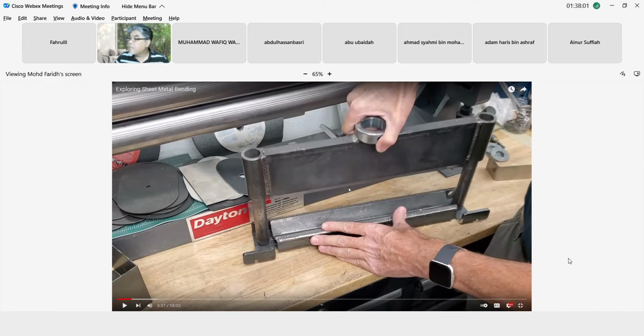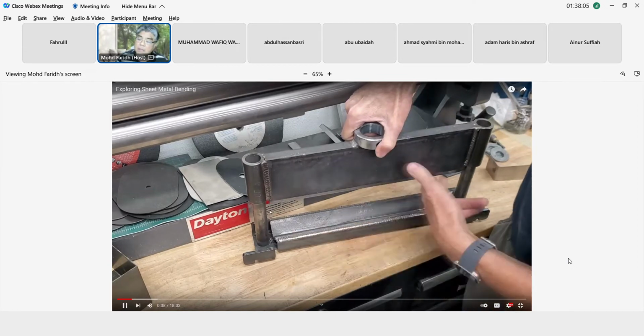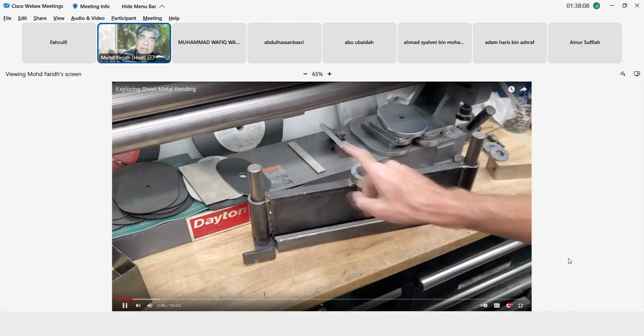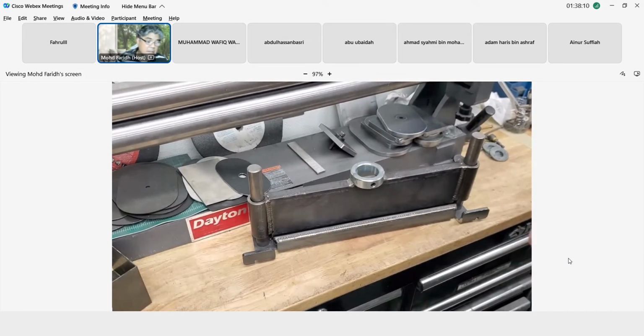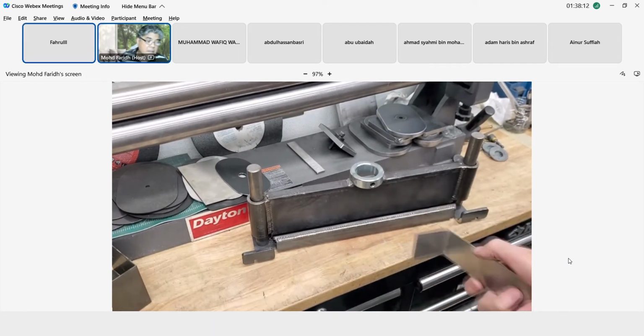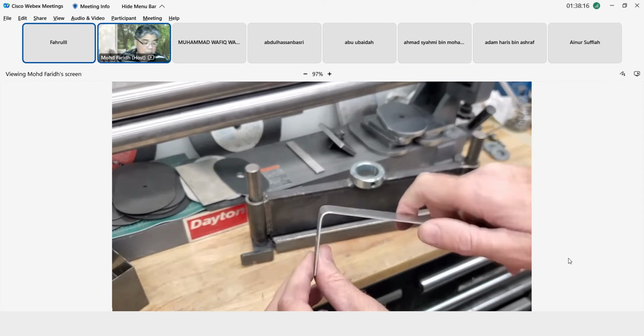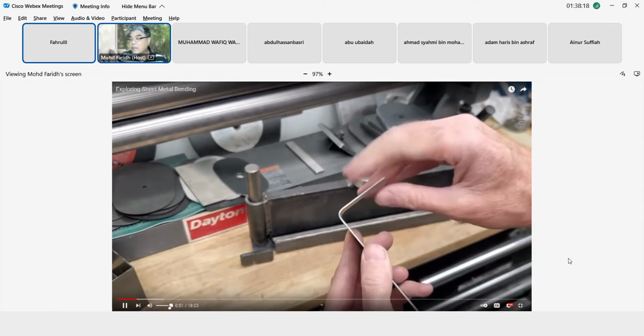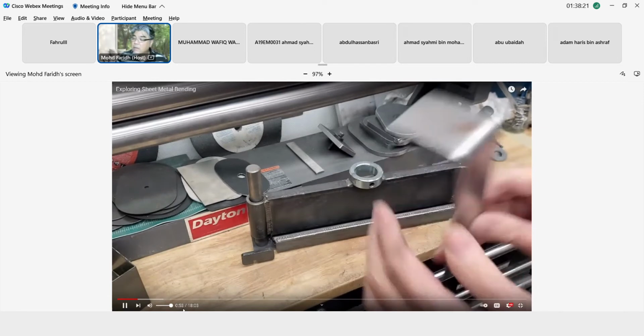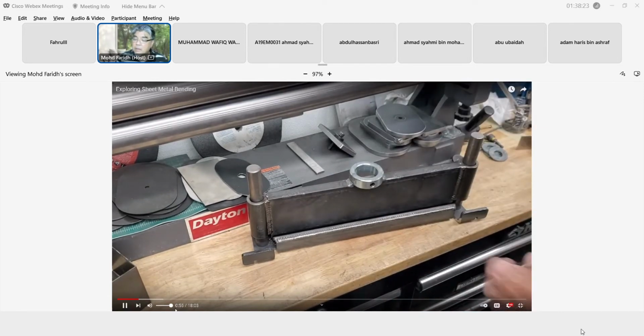Okey, sekejap. Alright, dengar tak? This is great for like thicker. Dengar? It's not really rough. Dengar. Dengar kuat ke pelan? Kuat. Kuat. Okey. Steel. So exploring